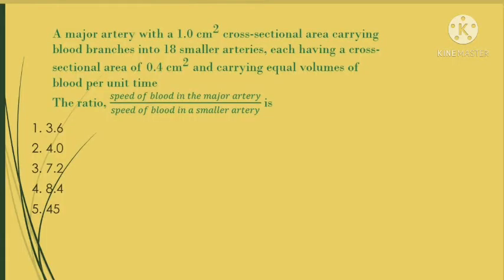A major artery with 1.0 centimeter square cross-sectional area carrying blood branches into 18 smaller arteries, each having a cross-sectional area of 0.4 centimeter square and carrying equal volumes of blood per unit time. The ratio of speed of blood in the major artery over speed of blood in the smaller artery is: